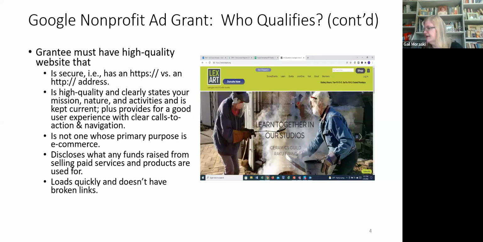And I just want to state, as an SEO, search engine optimization expert, that all of these things listed here aren't just relevant to Google search advertising. They're relevant to having your website rank well in Google in general. Google doesn't like to serve up sites that aren't secure. It certainly focuses on serving up sites that have a good user experience. And it does not like to serve up sites that have a really slow site load speed or that have broken links. So those are just general SEO best practices.